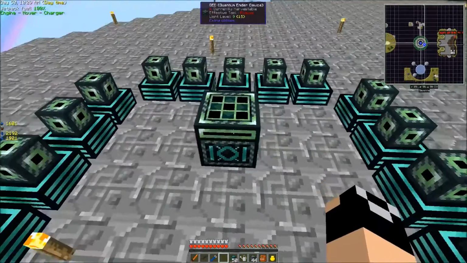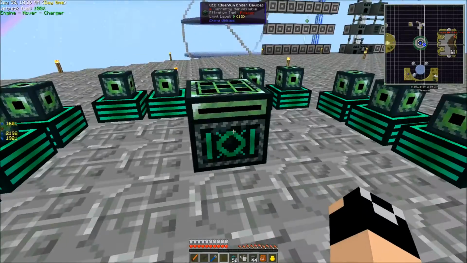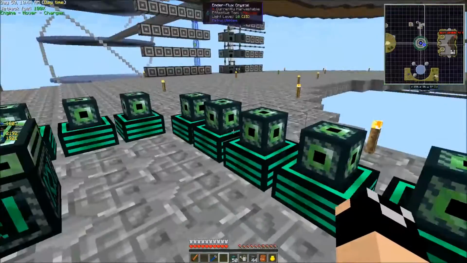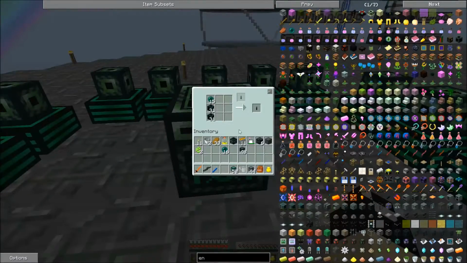Okay. And so now we'll throw in our Ender pearls and our Ender infused obsidian. It should run fairly quickly, because basically it's just going to draw power from these. Eventually we'll have a whole room full of these Ender flux crystals just all feeding power into this thing. It doesn't require RF or anything. It's really similar to like the lasers from